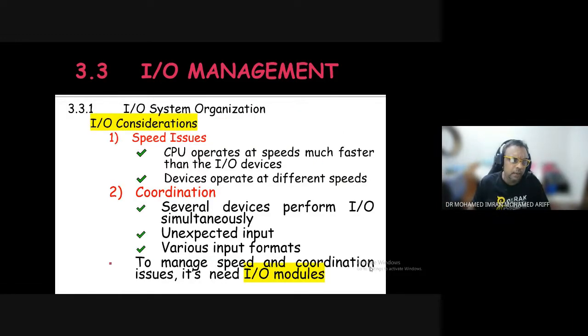All right. So the input output consideration that the CPU needs to highlight is the speed issue. Since each device is different, there are some speed issues. How fast can this input and output be received by the CPU, and how fast can it be processed or taken by the CPU itself? Because you have to understand, whenever the CPU needs to execute a particular file, that program, that process also needs to be stored inside the memory.